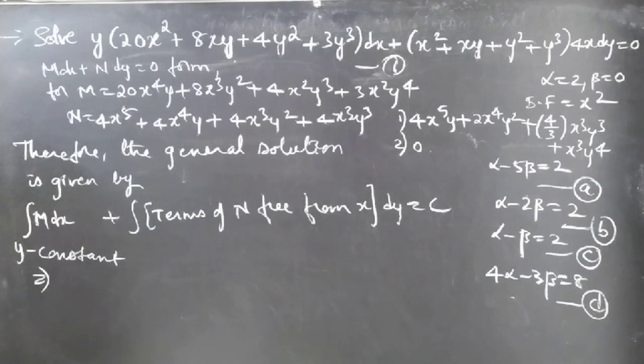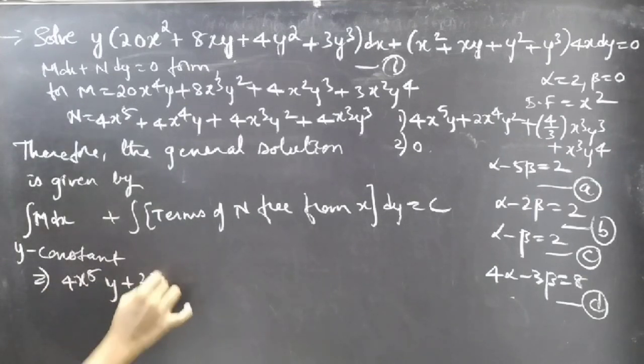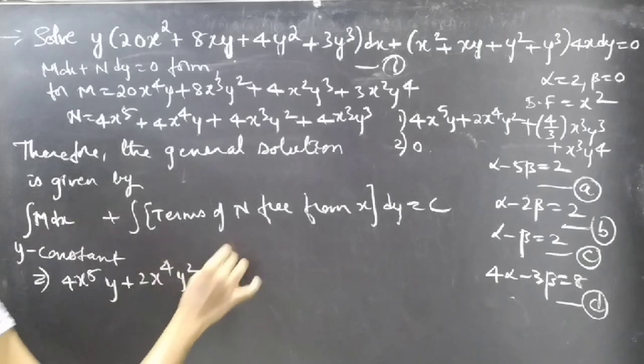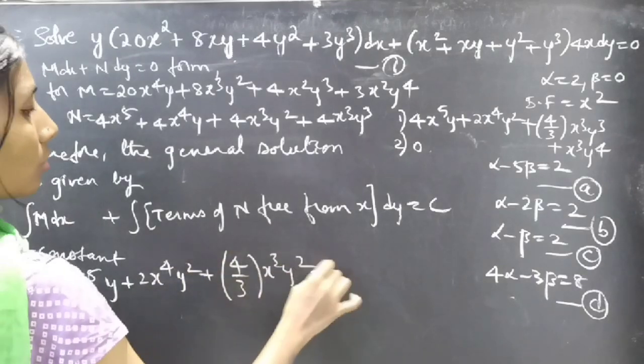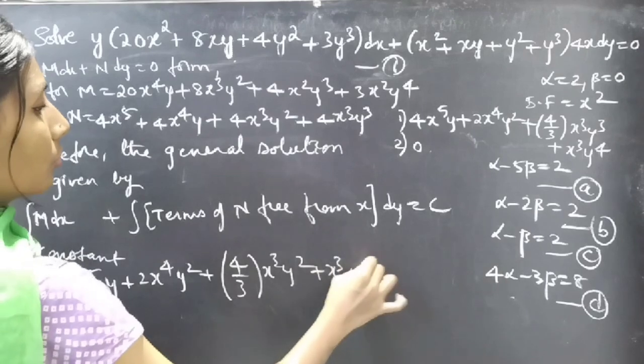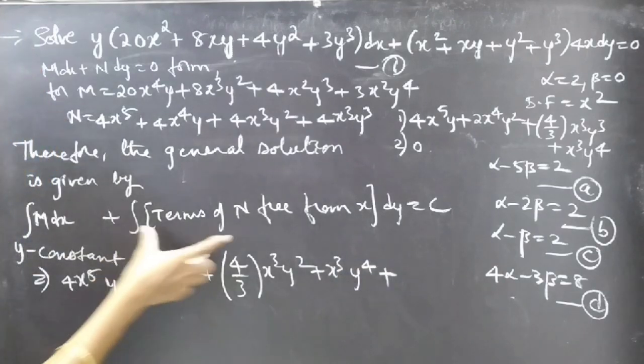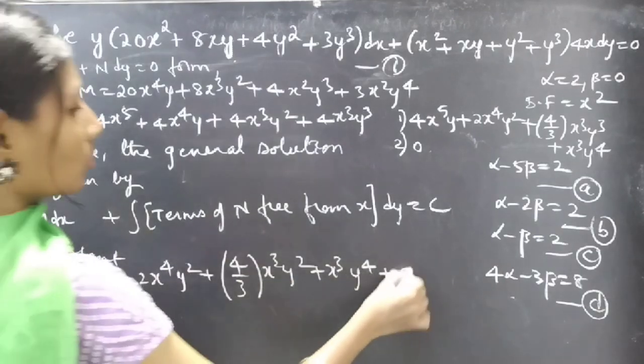The result obtained from the first integral is 4x power 5 y plus 2x power 4 y square plus 4 by 3 x cube y square plus x cube y power 4, plus the result obtained from the second integral, 0, equal to c,